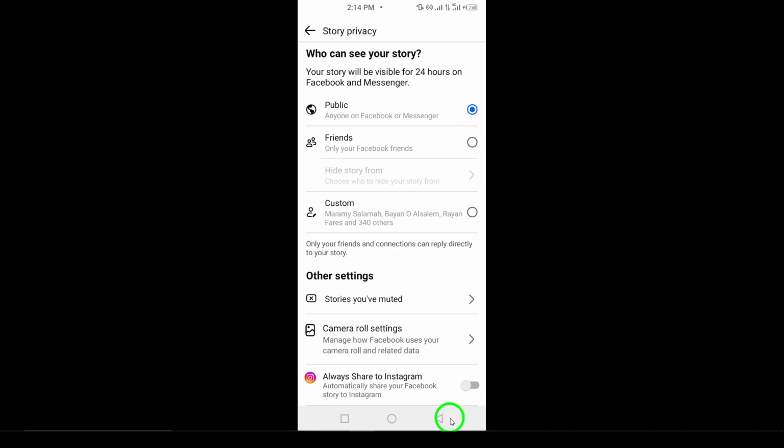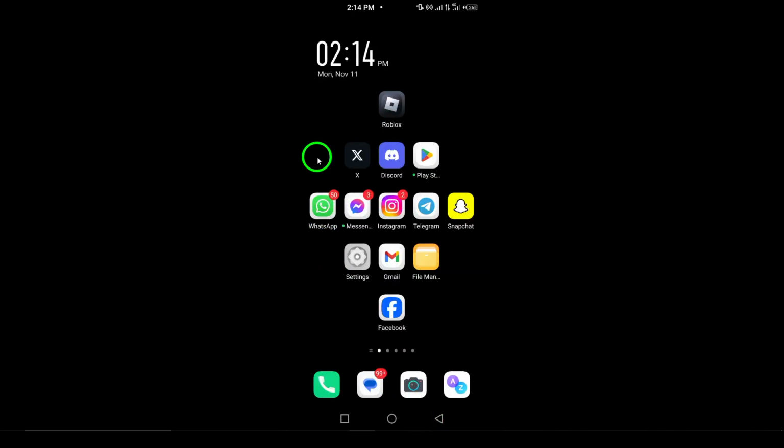And that's it. You've now disabled the feature that automatically shares your Facebook stories to Instagram. This is a quick and simple way to keep your content separate and post only where you want it to